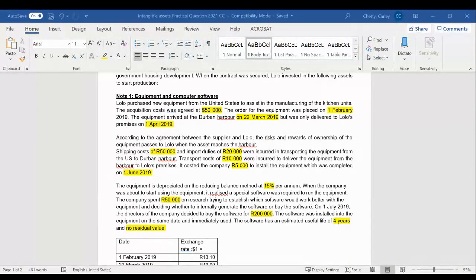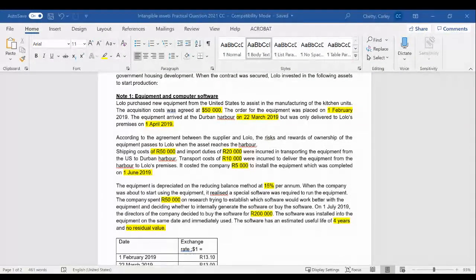Is it like PPE, or what kind of asset is it? Okay, well done. A lot of you are saying that the computer software is an intangible asset, which is